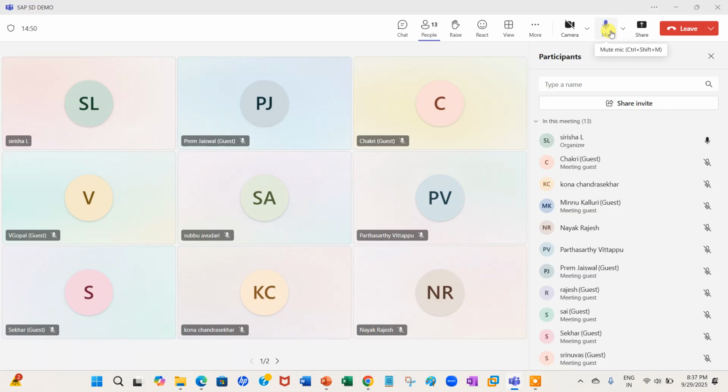First of all, let me introduce myself. My name is Sirisha. I have a total of 10 years of experience in this industry. Out of the total, 8 years of experience is in SAP SD. I have worked on many projects for many markets, which include support projects, upgrades, rollouts, and implementation. These are the things I have been involved in all these days.